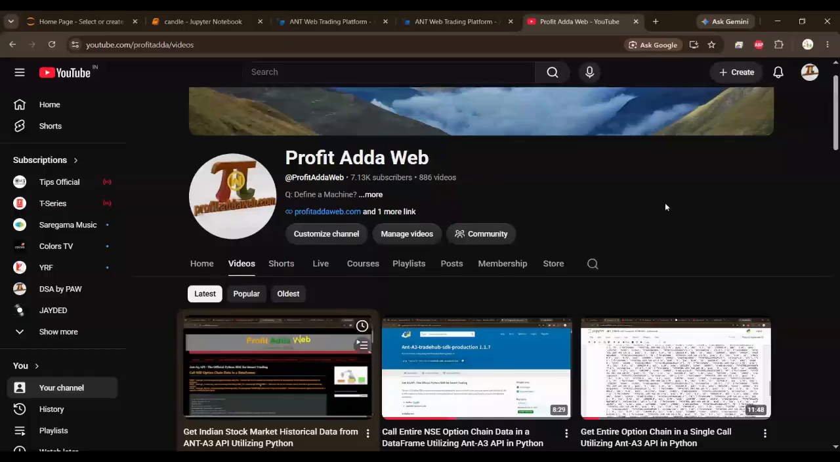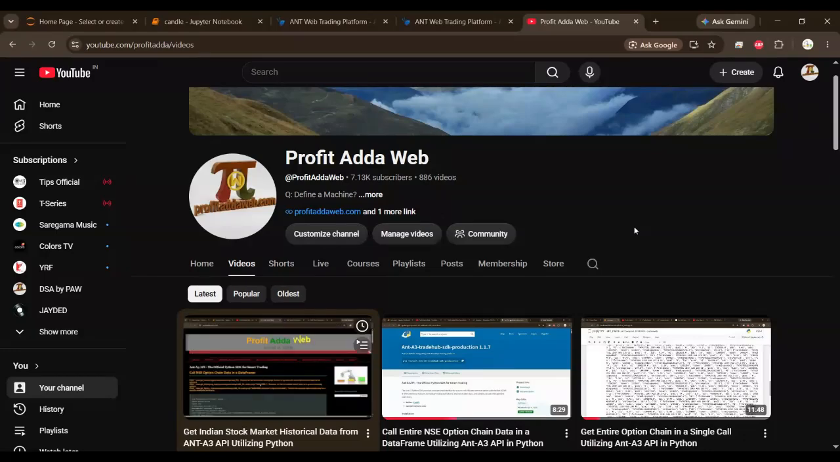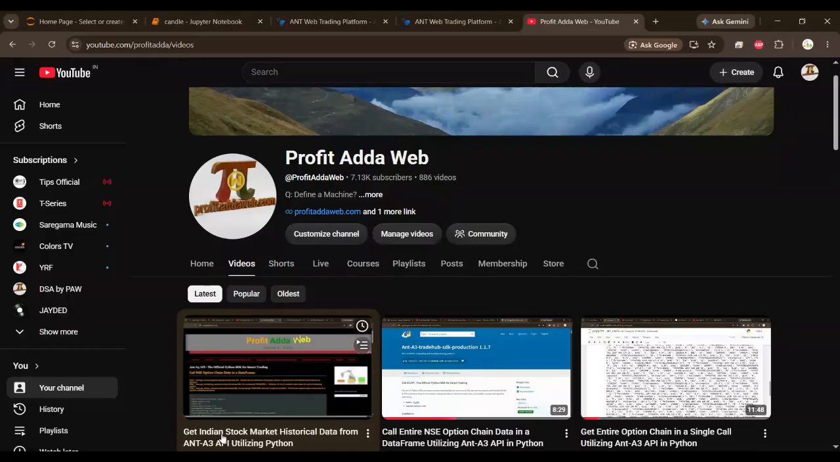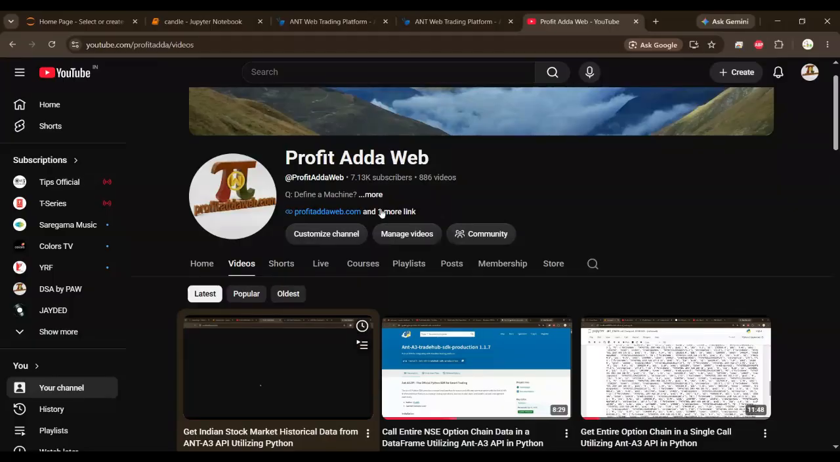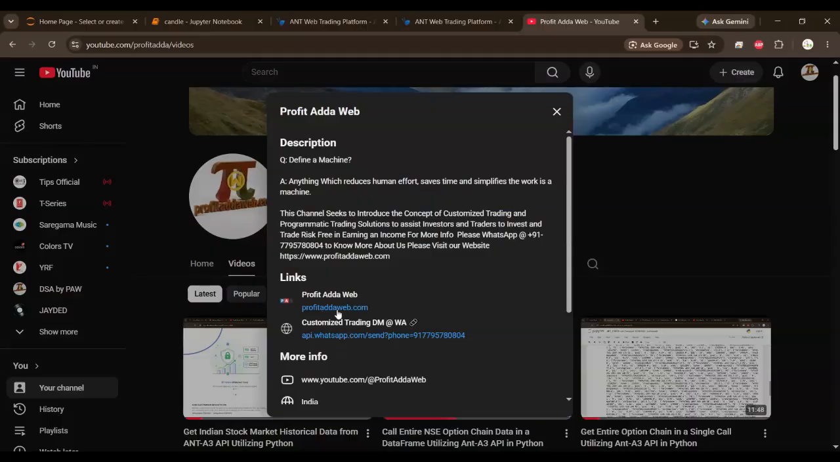The candlestick chart. To begin with this, you need to have an account, and you need to understand how we are accessing this data. You can watch my previous video. To get this account, all you have to do is click on this one and sign in with profit@web.com. If you just open this,